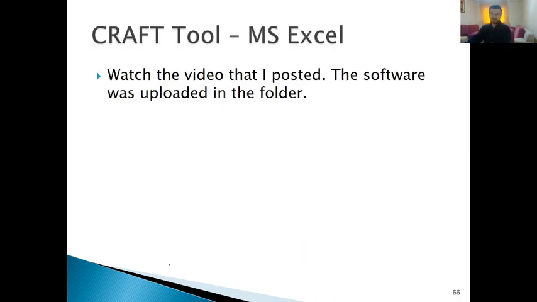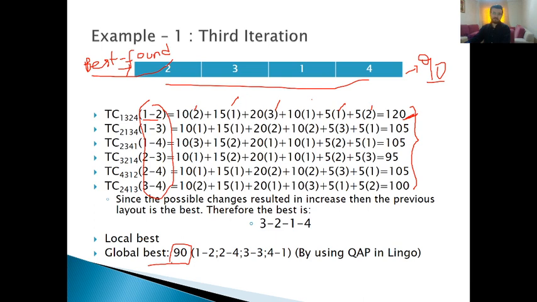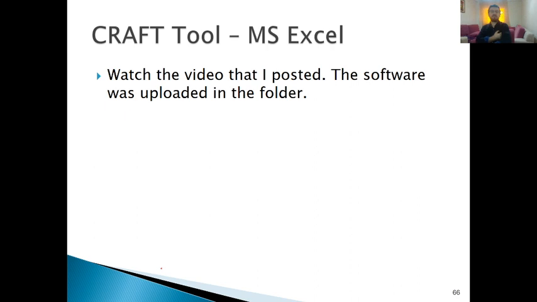so this is the end of the pairwise exchange method. In the next lecture I will be talking about